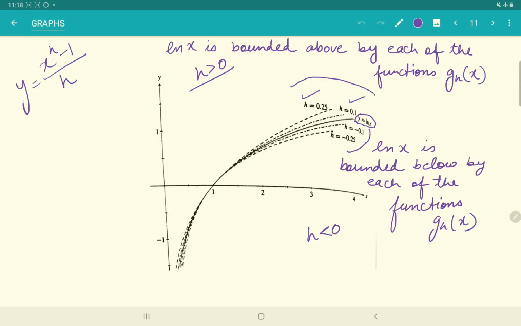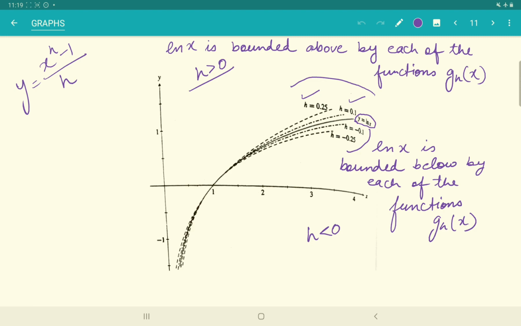There is one important point to note here. When I say that ln x is bounded above by each of the functions gh of x, this is when h is greater than 0. You can see from the diagram, it is h equal to 0.25, h equal to 0.1. Basically, we are moving towards 0, but h is moving towards 0 from above. Then we see that ln x is bounded above by each of the functions